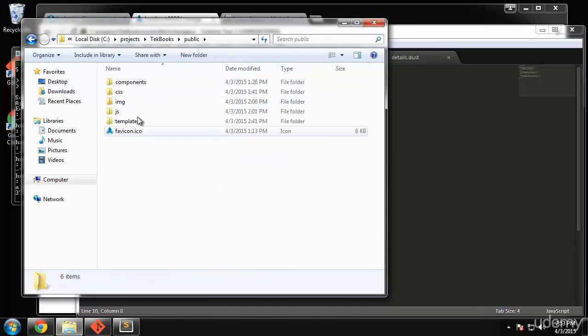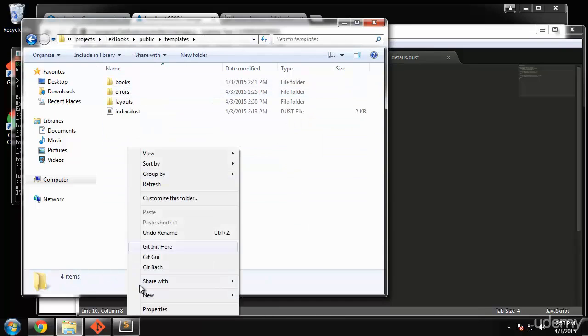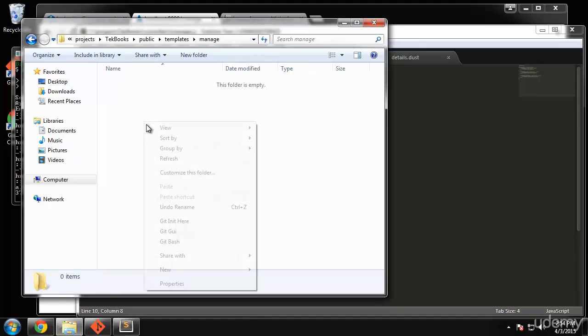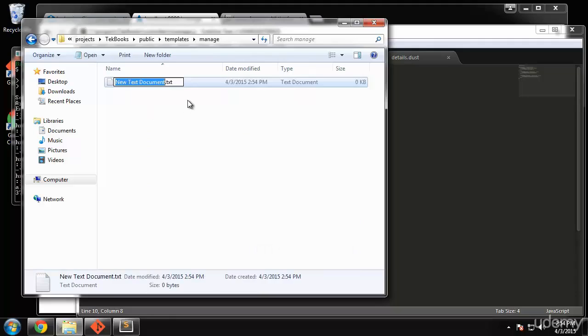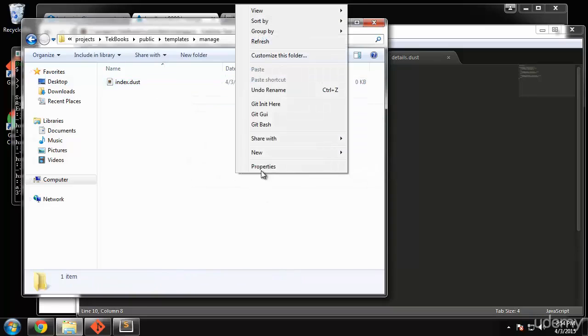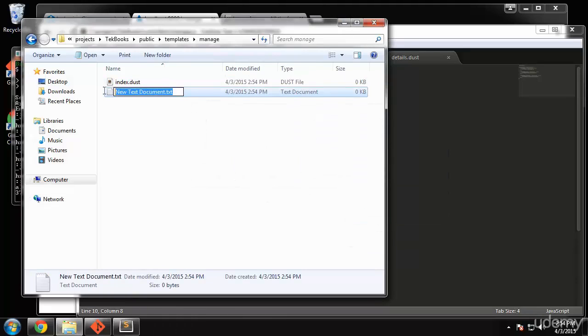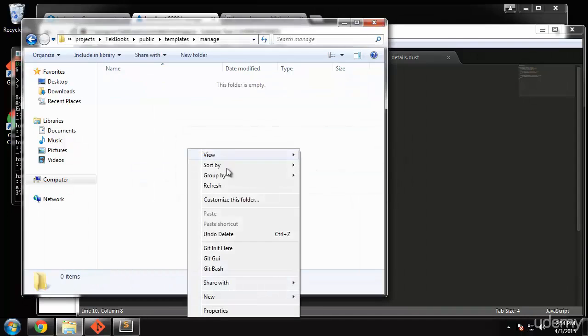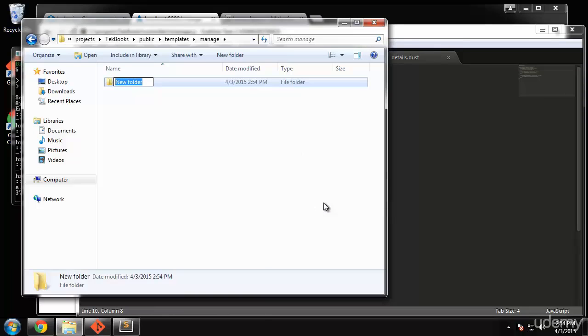So public templates, and we need to create another folder called manage. Okay, and then in that folder, we're going to create a couple files. We want index.dust. We want, actually, you know what? I don't want to do that. I want to actually create folders. Let me delete these. Okay, so in manage, I want to have a folder that goes to books